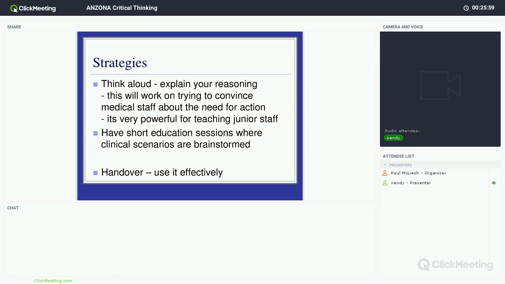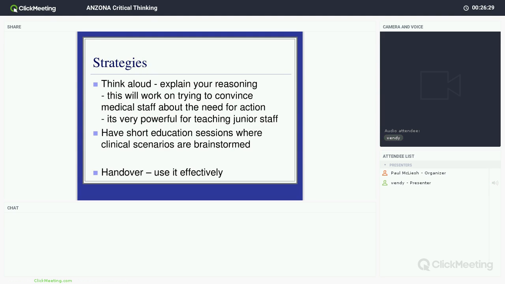It also works when you're dealing with medical staff or allied health or any of your multidisciplinary team about the need for action for that patient. So what you can do is be thinking out aloud, providing your reasoning to try and support your patient and that action that you're wanting to have a look at. Another strategy is to have short education sessions where clinical scenarios are brainstormed and you can be showing this critical